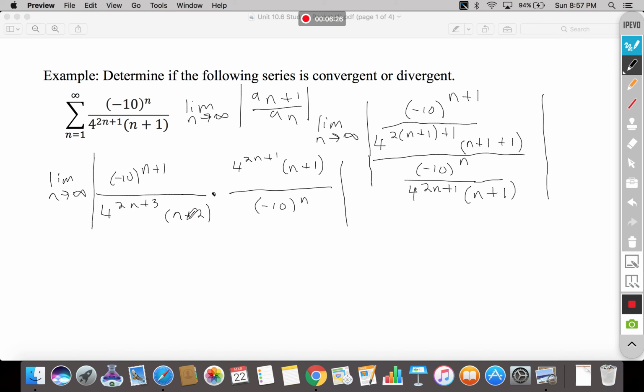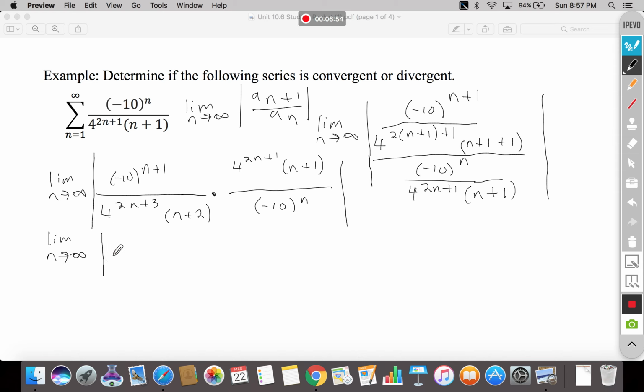My n plus 1 and my n plus 2 aren't going to cancel anything out, but this looks very similar too. I'd have 4 to the 2n plus 1, 4 to the 2n plus 3. Well, the 4 to the 2n's will stay, and I have a plus 3, a plus 1, so I'd have a 4 squared left down here, because the difference between this plus 1 and plus 3 is a 2 down here. So let me rewrite this then as the limit as n approaches infinity of,